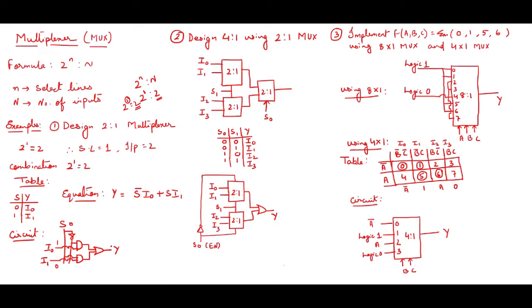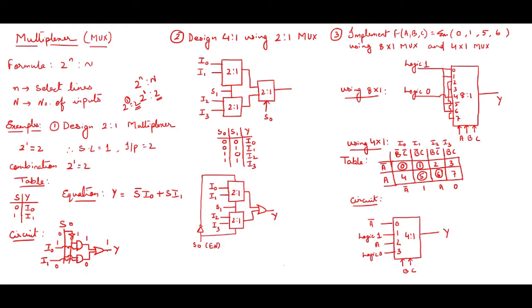So if 1 is coming over here, then I can understand that this is working properly. If S is 0, this line will be 1, this line will be 1, this line will be 1, and this line will be 0. So you see I0 value is 1 over here, so 1.1 is 1 over here. This line is 0, so 0.0 is 0 over here. 1 plus 0 is 1.